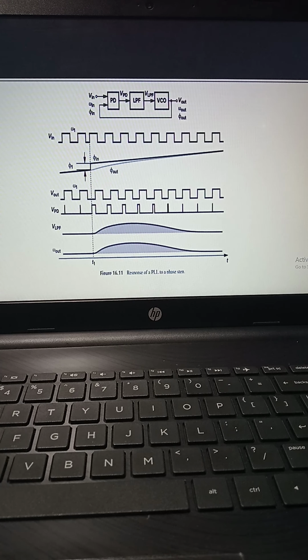So, you may ask, what happens after the voltage control oscillator frequency begins to change? If the loop is to return to lock, omega out must eventually go back to omega 1, requiring that V LPF, the voltage at the low pass filter, and hence phi out minus phi in, also return to their original values. Since phi in has changed by phi 1, the variation in the VCO frequency is such that the area under omega out provides an additional phase of phi 1 in phi out.